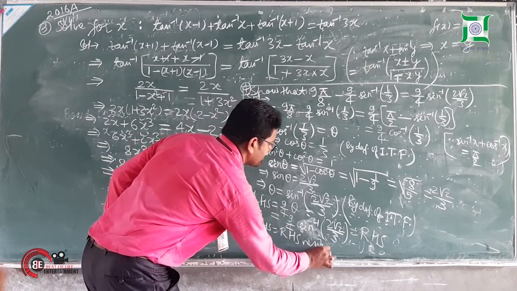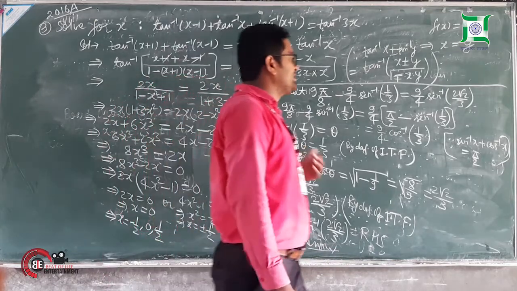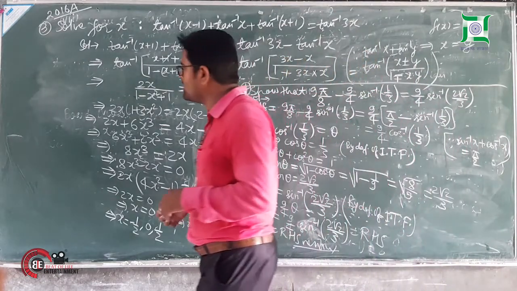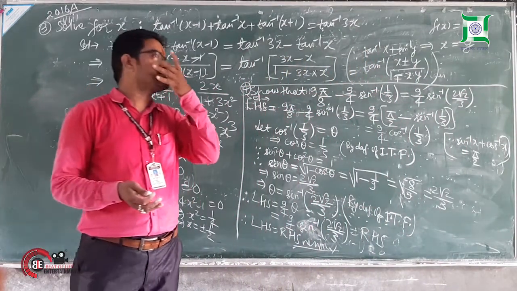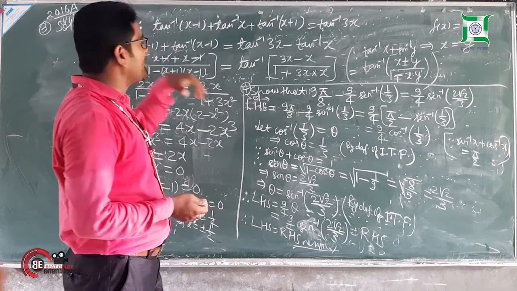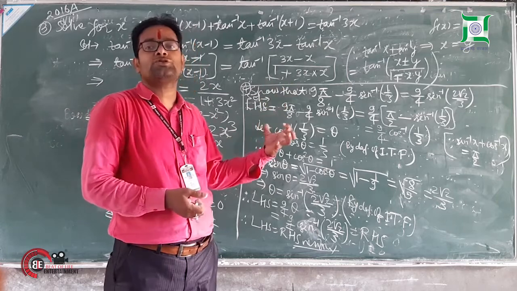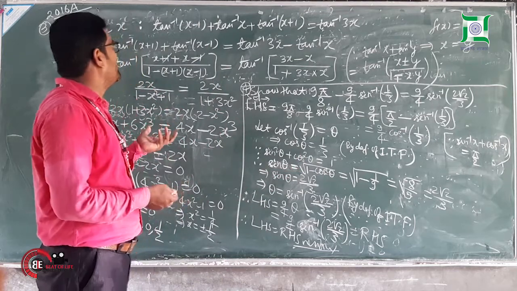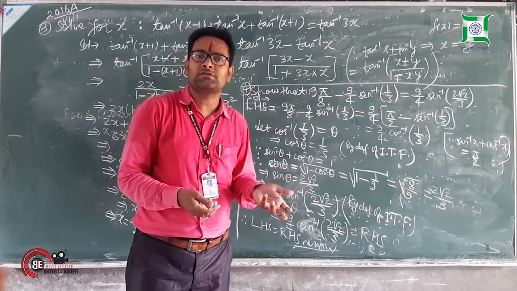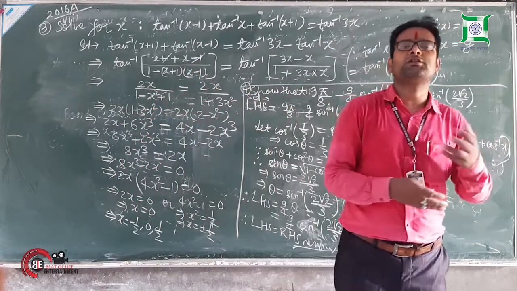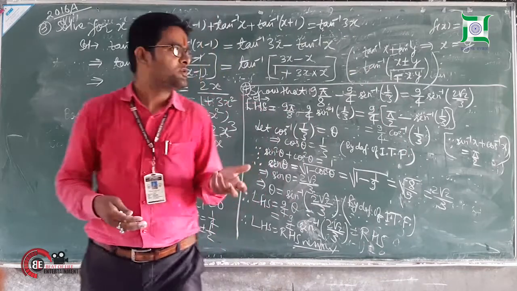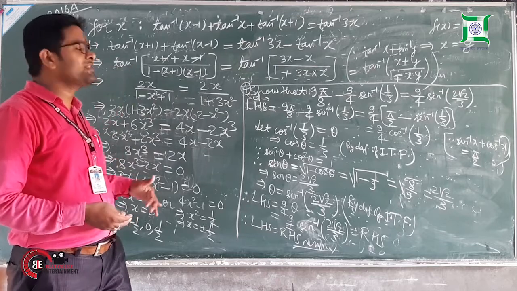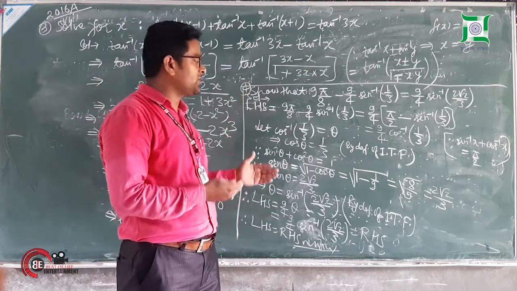Now see everyone, in this way we can prove the identities given on inverse trigonometric functions. We can find the values of x. In the board examinations, generally this type of question is asked. Some complex conceptual questions where we have to prove an identity based on inverse trigonometric functions, and in some questions we have to evaluate the value of x, which looks a little complex or extremely complex. So we first have to make changes to make it simpler, and then apply the concepts which I have discussed during my solution.